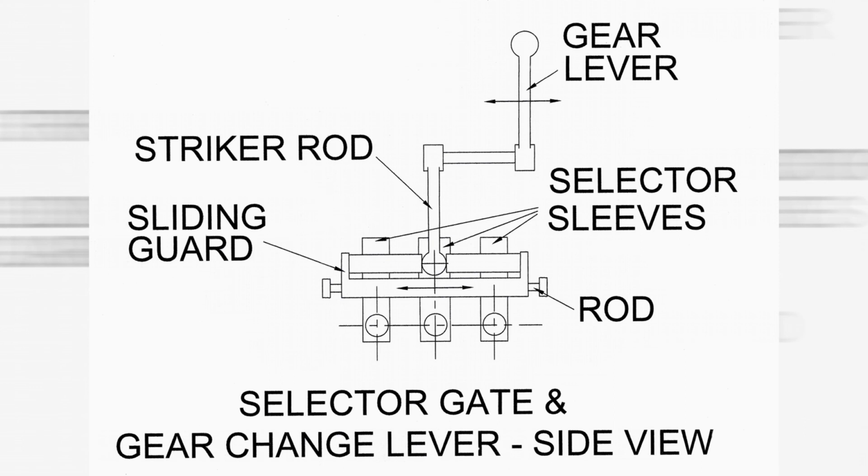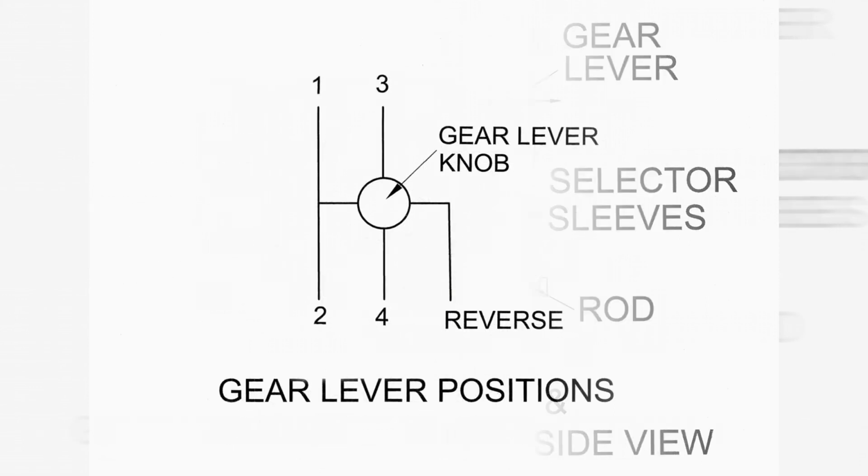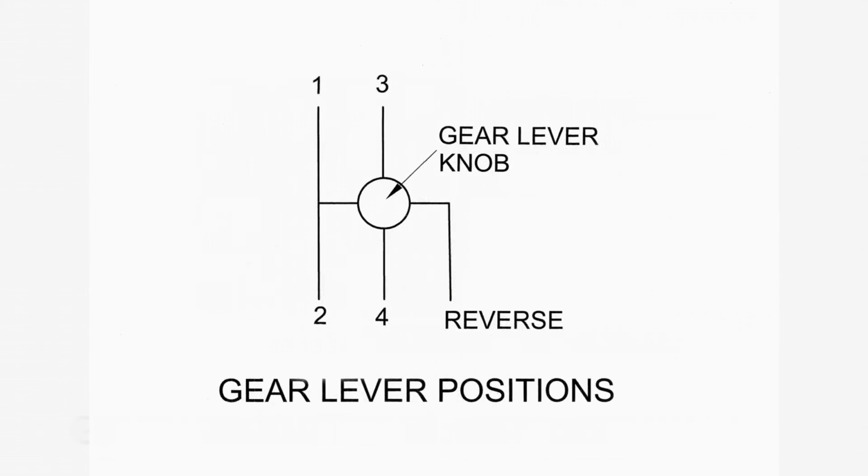Moving the gear rod towards right brings the striker rod in front of rod on the right hand side. Now moving the gear rod forward or backward would cause the pushing of rod forward or backward. The gear lever can be moved up or down and left or right as shown through line diagram.